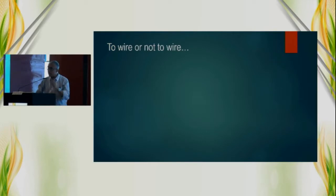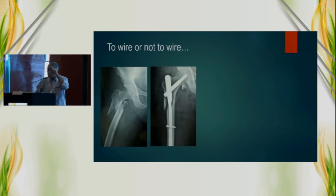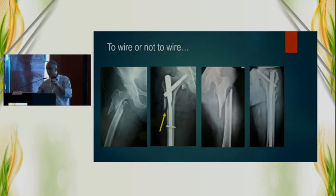Now, if you are nailing them, to wire or not to wire. And this is a fracture that starts from the vastus ridge going all the way down. If you leave it like this, the big gap is inviting disaster. So what ideally should be done is a minimally open